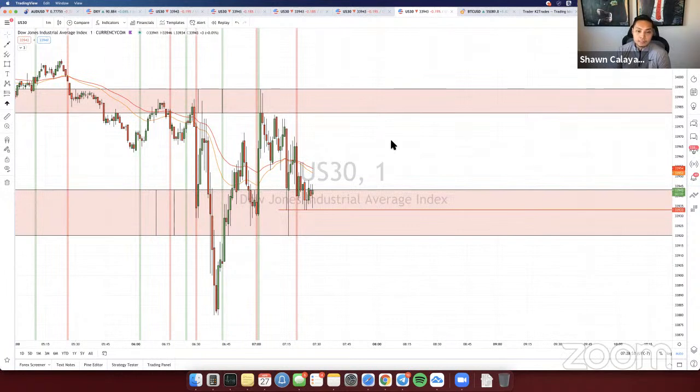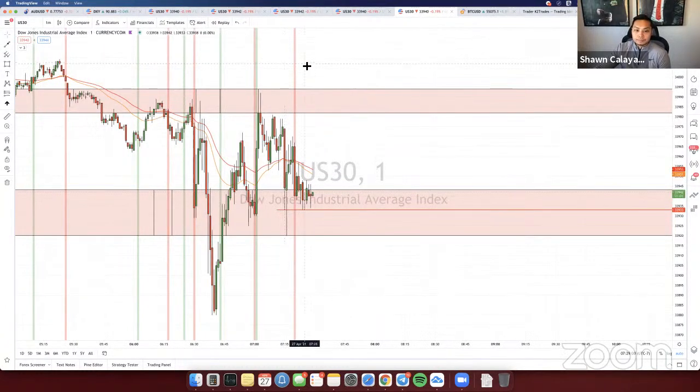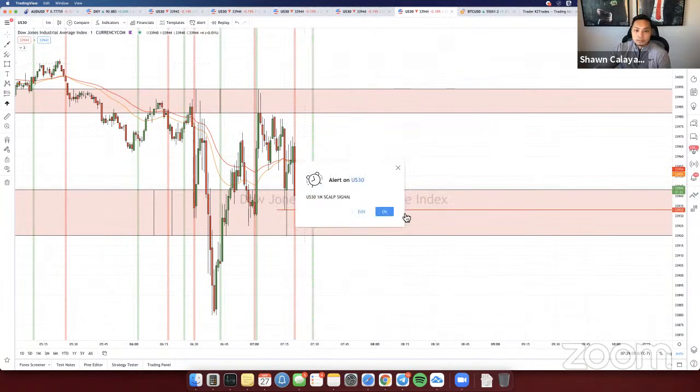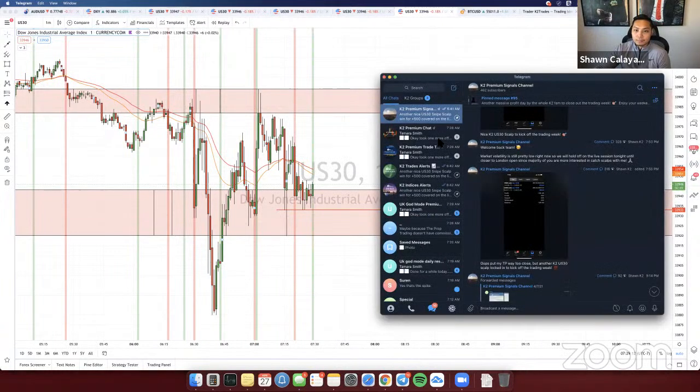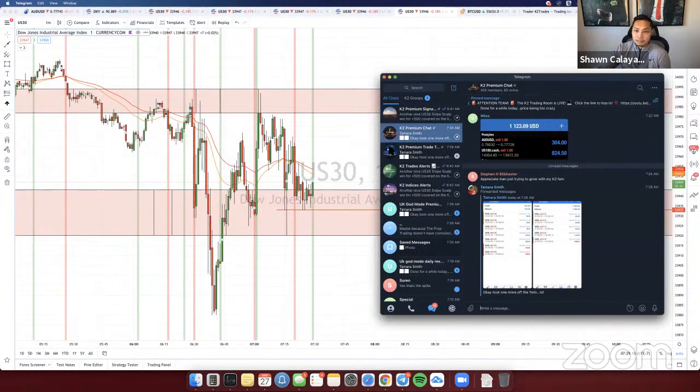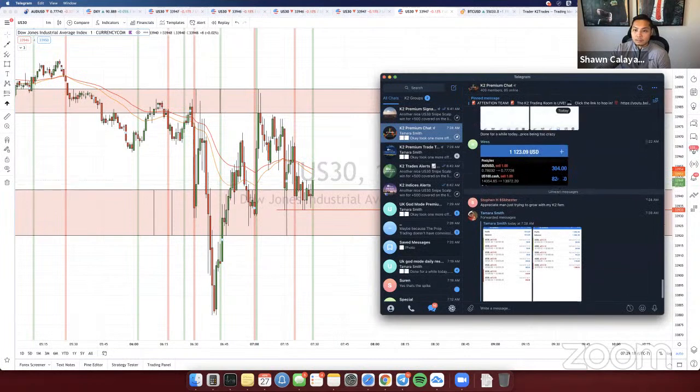Even though I think it's going to come down, like I'm confident it's going to come down, I prefer to just watch it from a distance, from the sidelines, than have actual money at risk. Jeez, man, US30 is driving me crazy right now. I feel like they know that we're waiting for it to drop, and it's not dropping. So let's see.